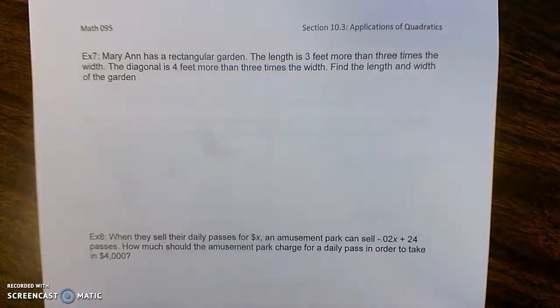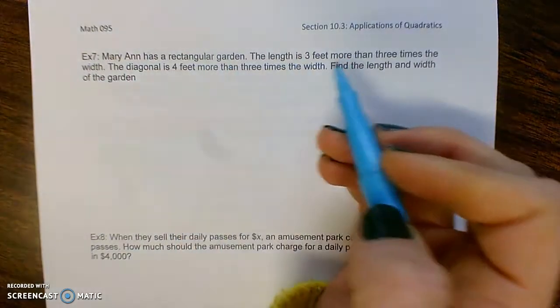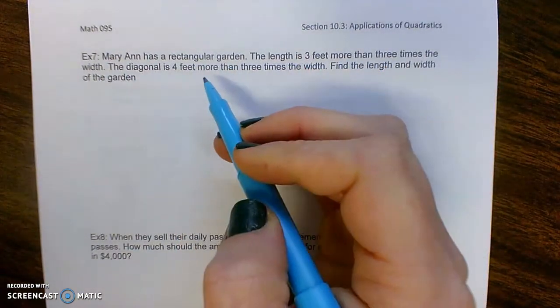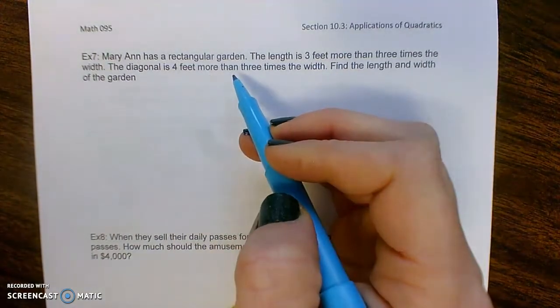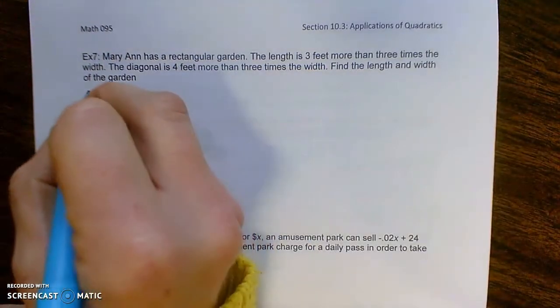Here we have a few challenge problems. We've got a rectangular garden. The length is 3 feet more than 3 times the width, and the diagonal is 4 feet more than 3 times the width. Find the length and the width of the garden. So we'll start with